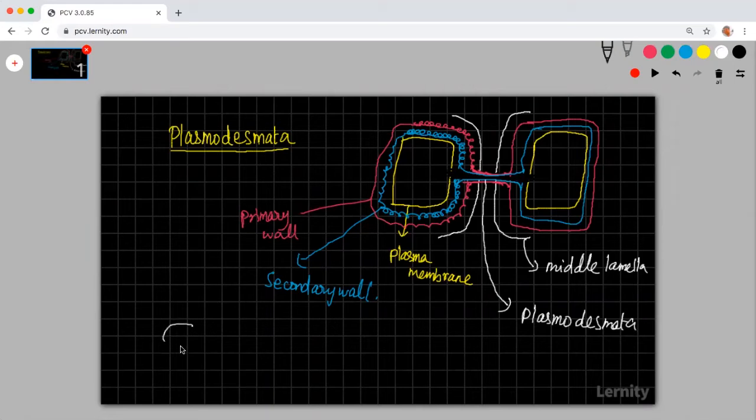So if you have one plant cell and another plant cell, between these two plant cells you can have a connection, a bridge sort of thing, which allows the movement of substances between these two cells. This is what we call plasmodesmata. Are we able to understand? So plasmodesmata is a continuity of the cytoplasm. If you have cytoplasm inside this cell, there is a continuous flow, some sort of connectivity between these cells.